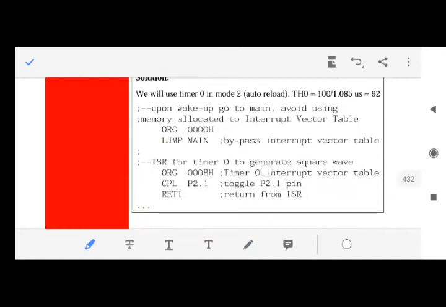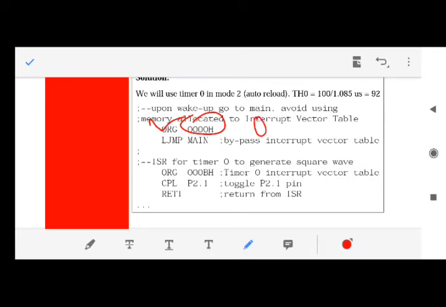First we'll see the program is written inside the ROM. You might write it from the first line, or you may not. You can directly write your main program also, but they have written from the first line in the ROM. And I have already told you what would be the first line in the ROM. It would be ORG 0000. That means the ROM starts from 0000.